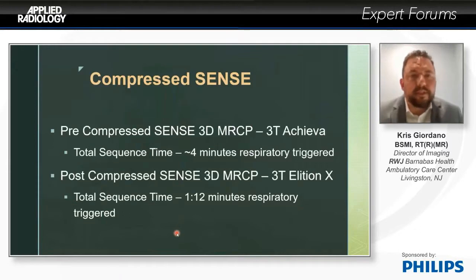For us at 1.5 Tesla and 3T, but especially on this 3T system, where that novel case-based filling lends to examples like this. Respiratory triggered 3D MRCP on our old system, 4 minutes. That's respiratory triggered, and that shallow breather could essentially be 6 or 7 minutes of acquisition time. Now we translate that 6 or 7 minutes into a minute and a half, maybe a minute 40 tops, because